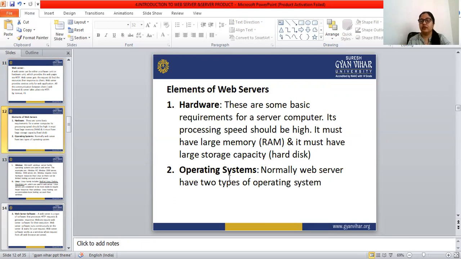Let's see the elements of the web server. The first element is hardware.